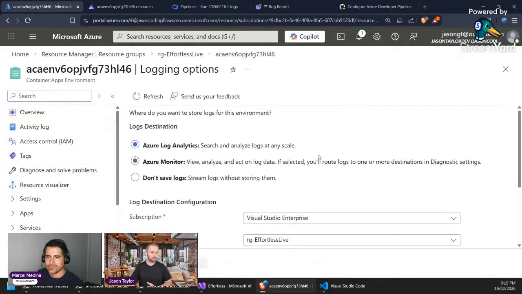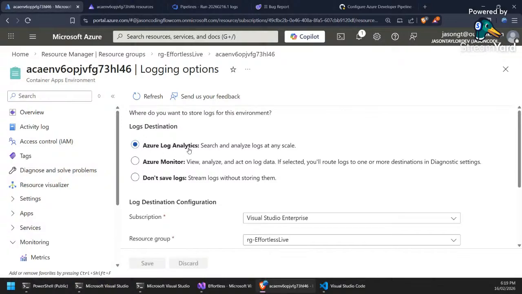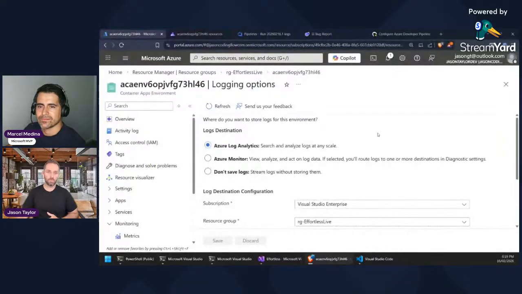This is really cool. Logs destination. The logs are going to Azure Logs Analytics, right? So they're being stored. Now I can also use application insights, and I might use that for a more detailed, in-depth analysis of my system as it runs over the coming months and years. But for a quick look, I'm definitely going to use the Aspire dashboard. That's the tool I'm using in development. I know it and I love it. I want to use it in the cloud if I can. And you can see I changed the destination. Before, the dashboard just used to store it in a stream,